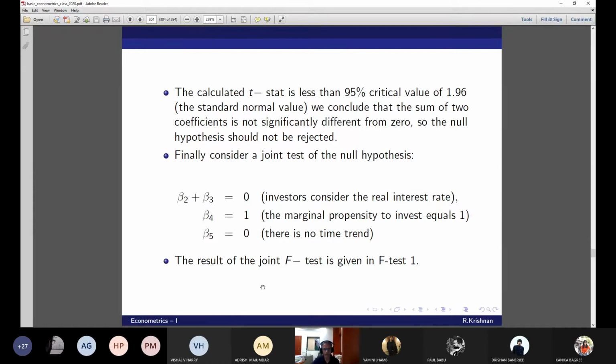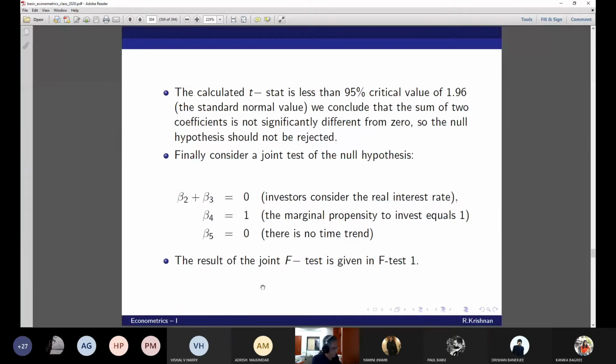Drishan, is it okay? Yes, sir. Now what will be the numerator degrees of freedom for this joint test, this 3, 198? Yes, sir. Now what does the F test clearly tell you? Very high significance. So the null can be accepted or rejected? Rejected confidently, right? Yes. Because the calculated F is much higher than the table value. I don't have the table value, but you can check the table that I sent you.